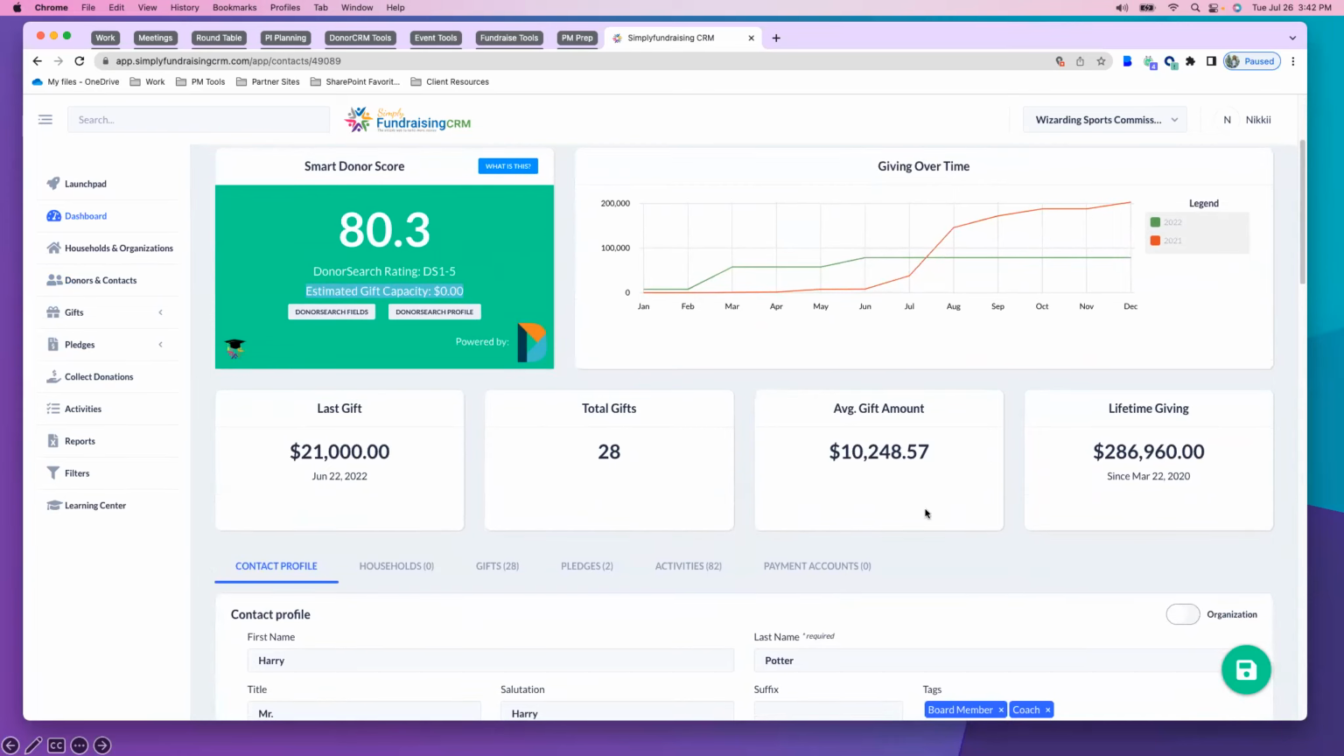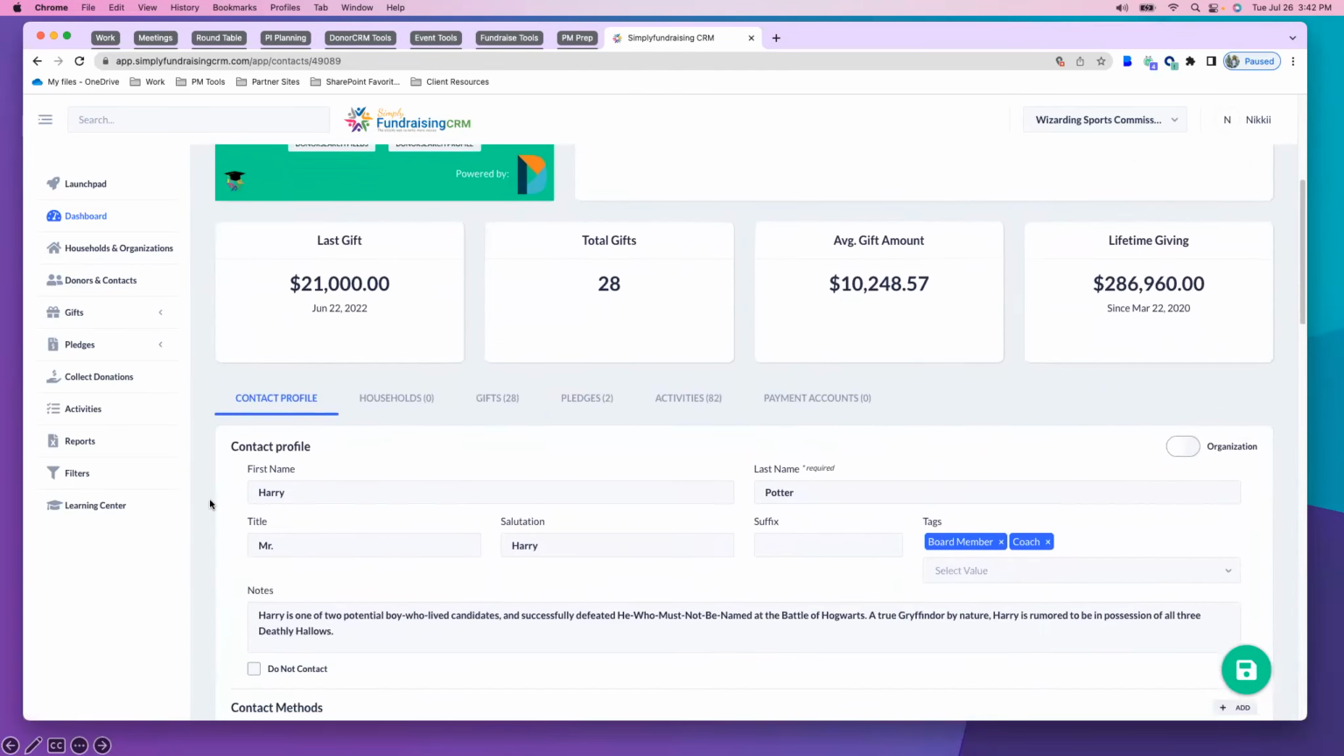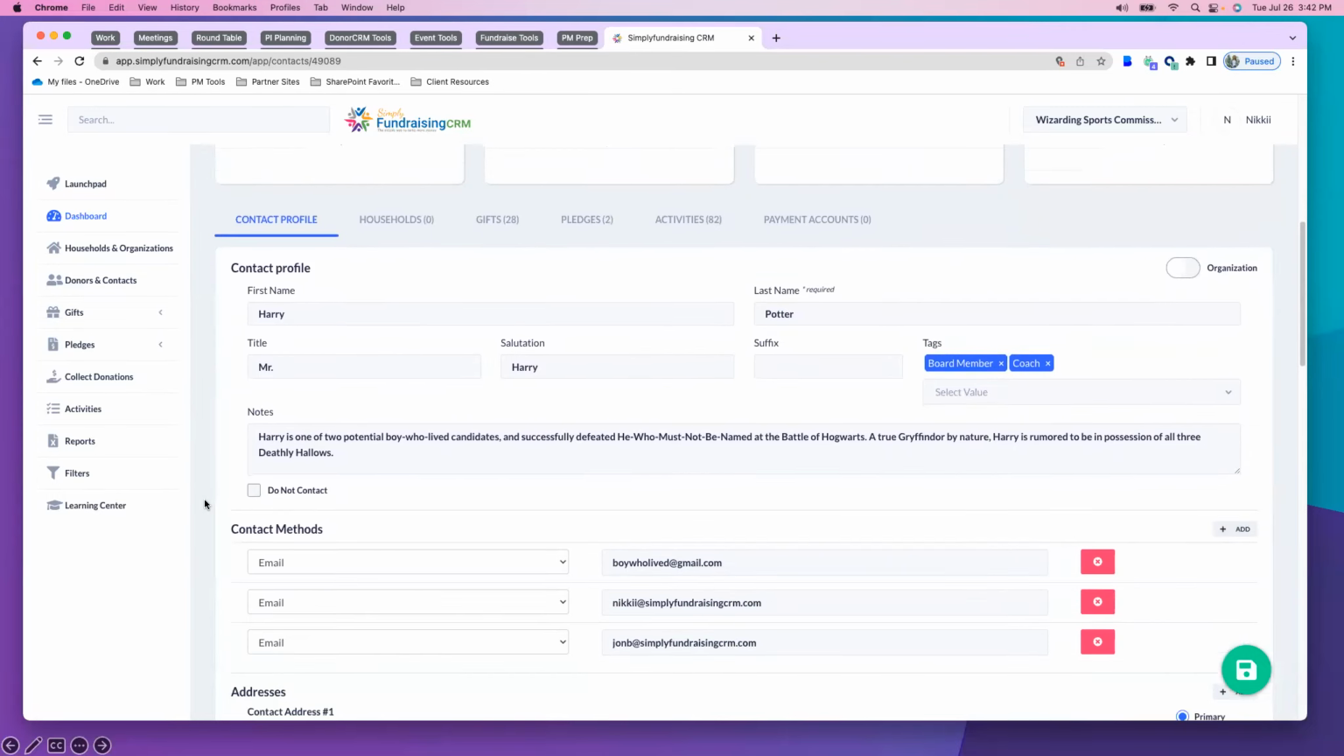Scrolling down, we do have some key points here. So you know at a glance just how nice you should be to this donor. The last gift they gave, the total number of gifts they've given, the average gift amount, and their lifetime total giving. Scrolling down further, this stuff is pretty standard if you've seen a donor management software before, so I won't spend a ton of time here,